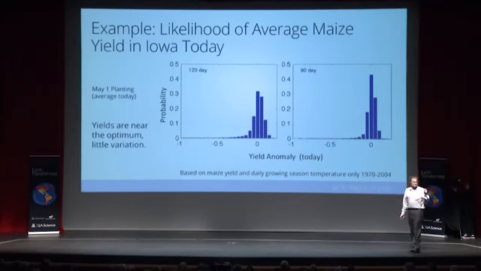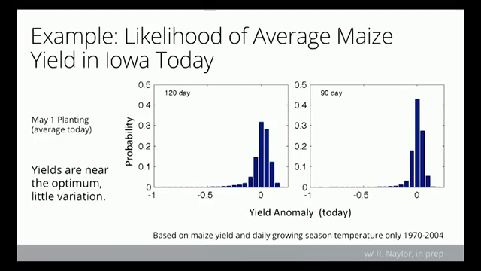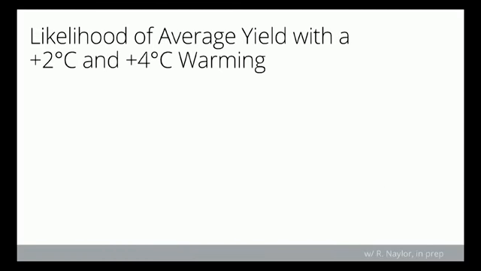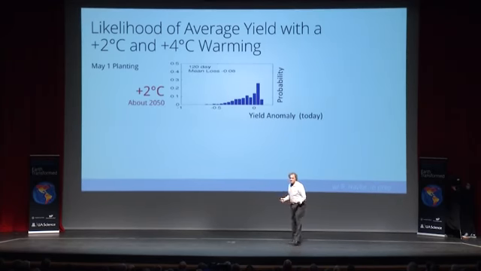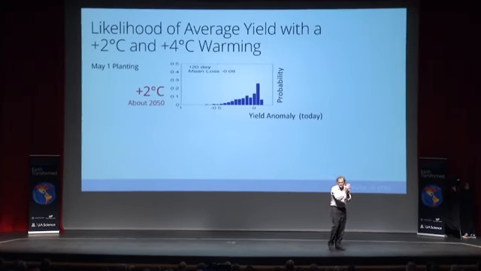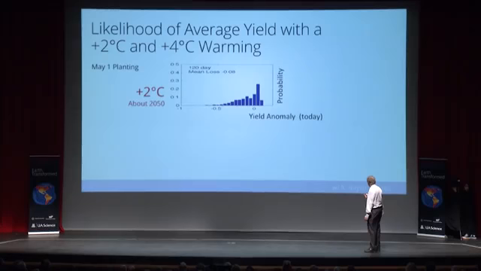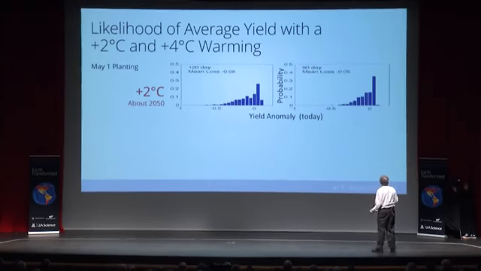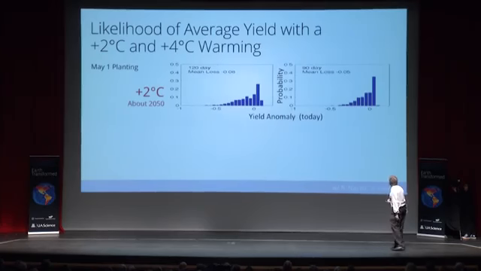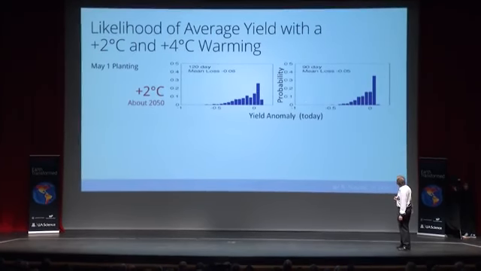Now we're just going to add a 2-degree average warming to this, with the same natural variability, and look at what happens to maize yields. So here's the first row, 2 degrees warming, and you see, boom. Now, you still, in the most likely scenarios, will be near normal. In fact, a little bit better than normal, because a little bit of warming puts you on the optimal. Okay? But the volatility starts getting really big. Right? And if I plant the 90-day variety, I don't improve things that much. The odds of getting like a 40% reduction here are kind of going away, right? But I still have increased volatility compared to today.